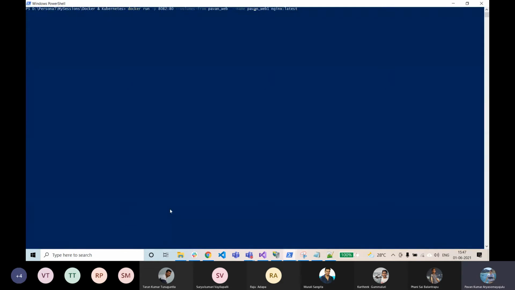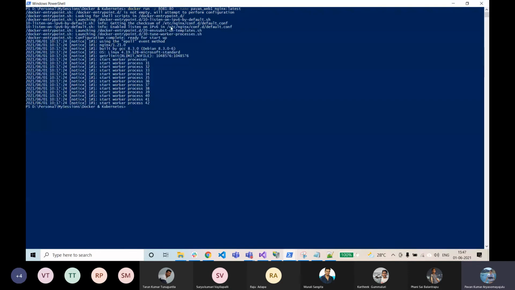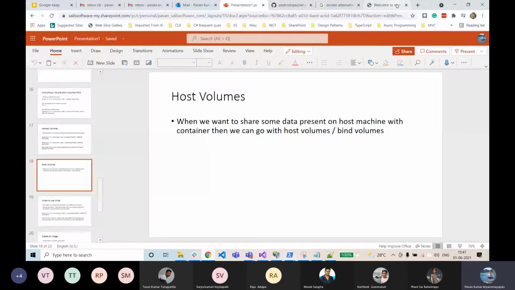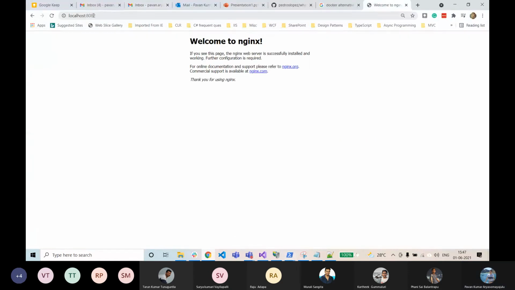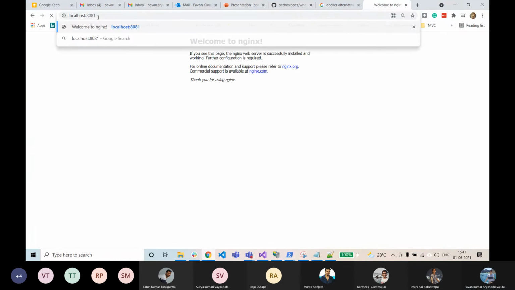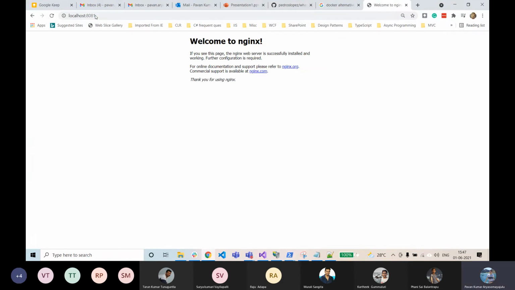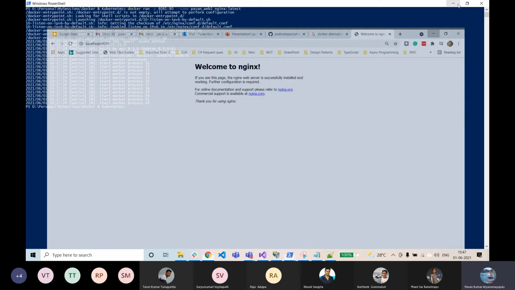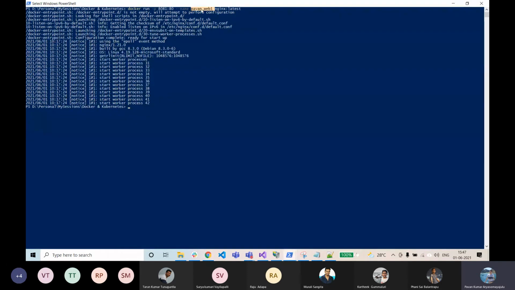Without using any volume, I'll just create one container on 8081. In order to change the content of this particular HTML file, I need to get inside this Pawan Web 1 and then make modifications to the HTML file, right?